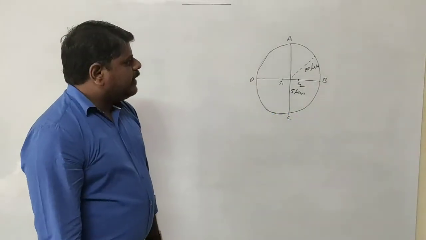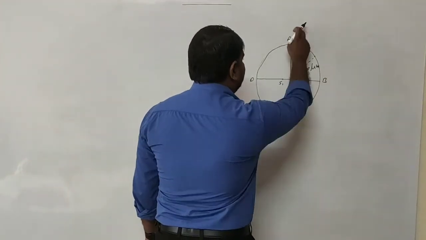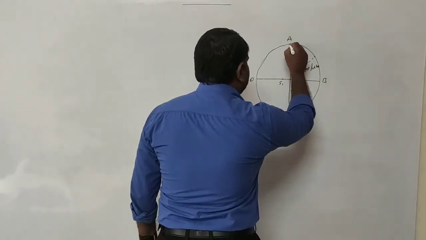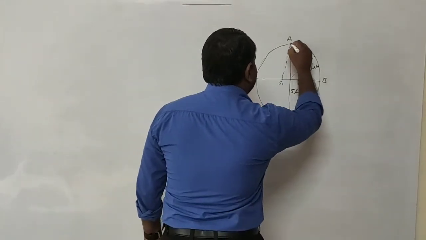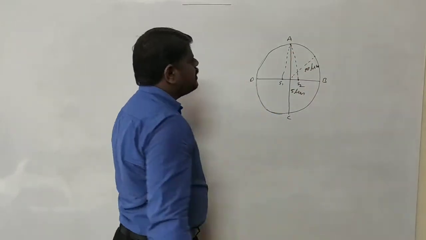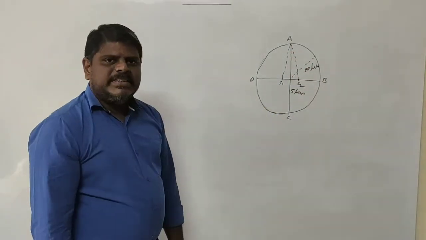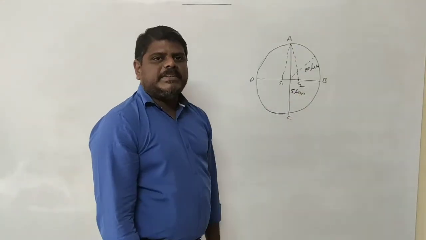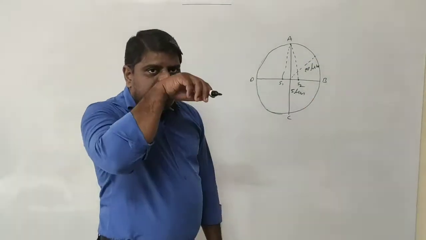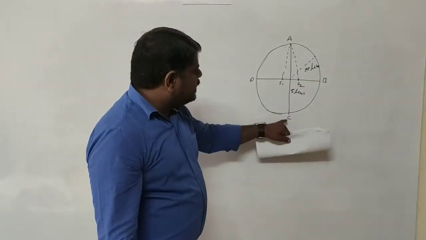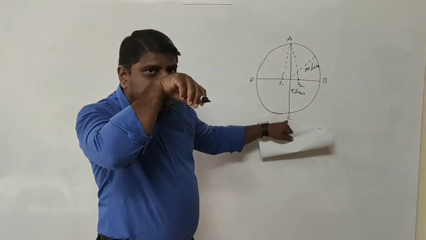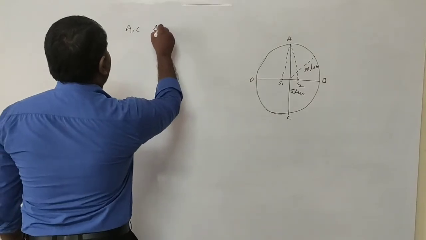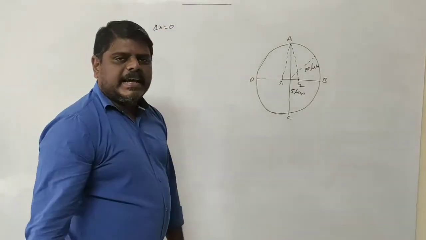So you have to find out which type of bands are going to be produced at A and at C. If I refer to here, S1 travels from this point to this point, and S2 travels from this point to this point. S1A and S2A: is there any path difference? No path difference, because S1A and S2A both travel the same distance. Then the path difference will be equal to 0. The same thing happens in the case of S1C and S2C also. So at the points A and C, the path difference delta x is equal to 0.